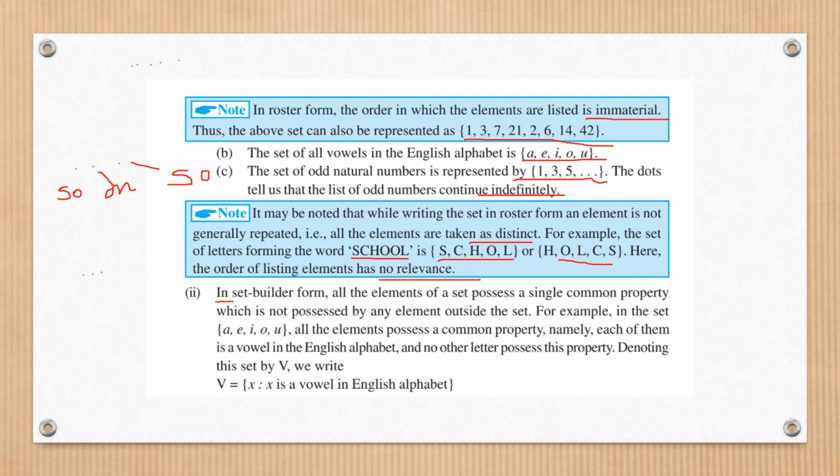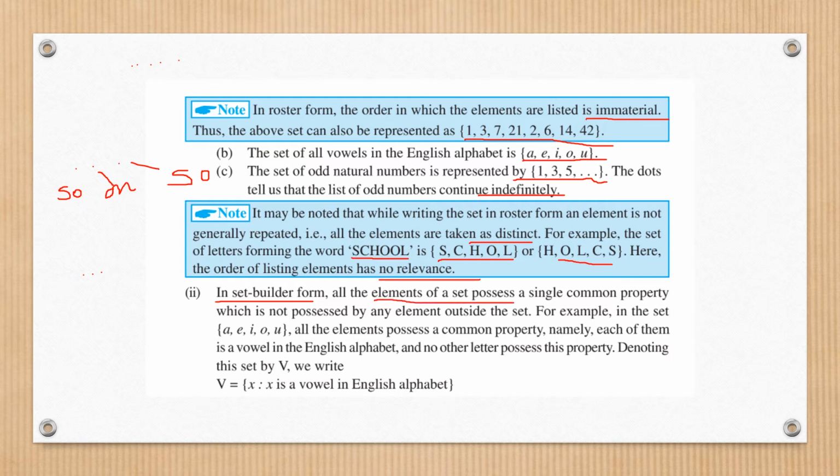The second is your set builder form. Now, what to do? If you ask me to write the set of all rivers of India, I have to write names of all rivers, and putting them in curly brackets and separating by commas is a large process. So in order to avoid such big sets, we define some property. In that way also a set can be represented.